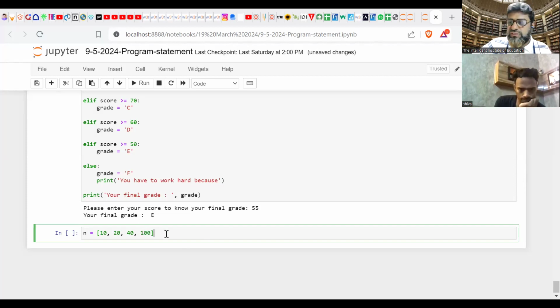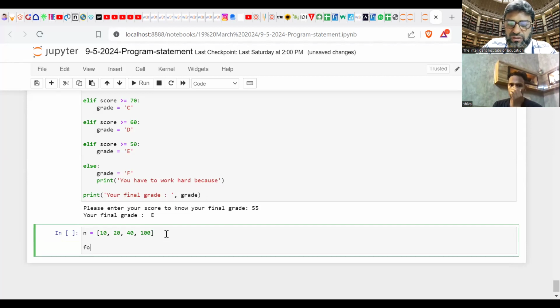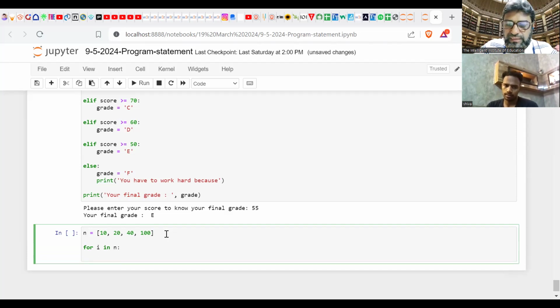After executing, I will use the multiple. Now, for i: basically, in place of i we can take any other variable. Is this all right? Basically i is a variable, and in most of the resources, books, and websites you will see i, so I am not changing it. We can use i, but after executing, we can use any alphabet character and it will also execute. For i in n, where n is the name of the list, and here I am going to print i. Okay, let's execute and see the output.